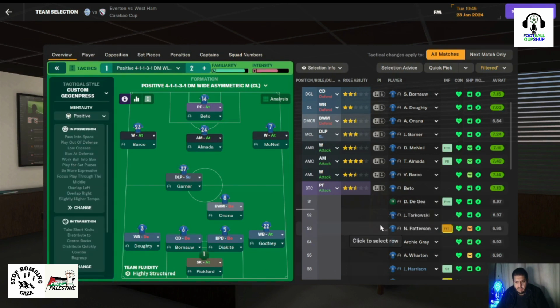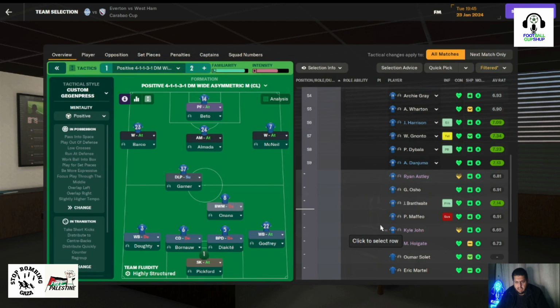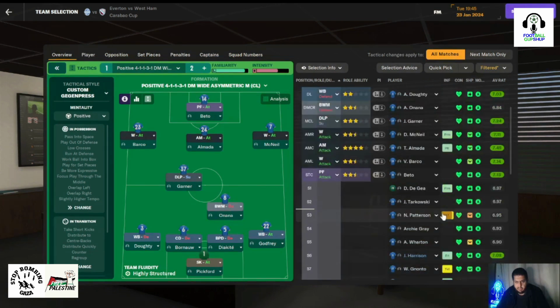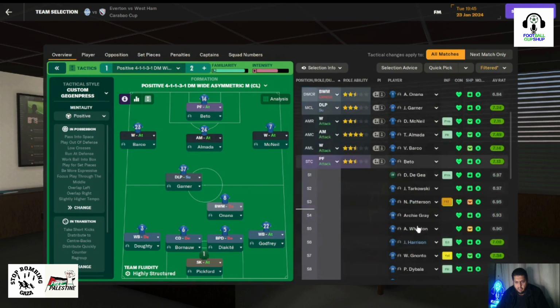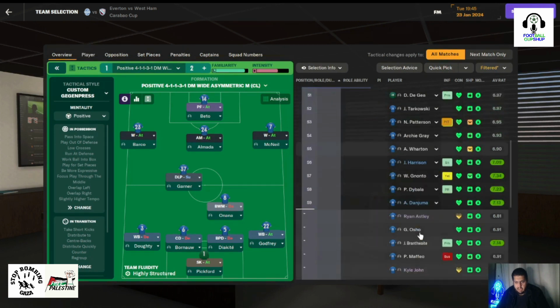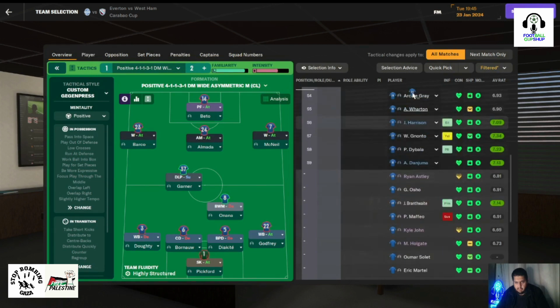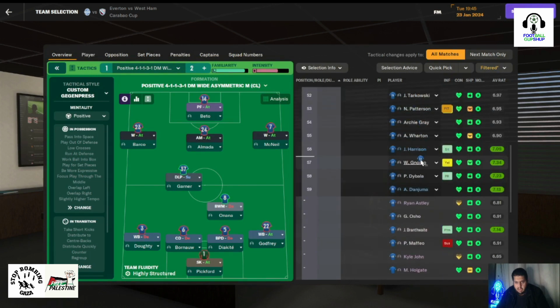We have got Doughty. I was thinking to bring in the likes of Mikalenko, but I want to play with Doughty and Baku. That's what I want. So I think I'm happy with this lineup. I think we should go forward with this. All I need is, apparently, Thuram. So I'm going to bring in Thuram as well instead of Wharton, and Thuram is going to be